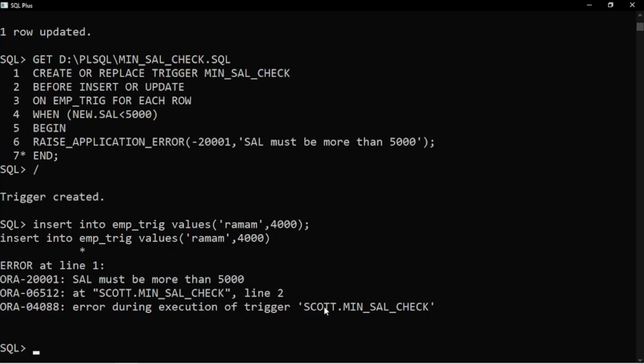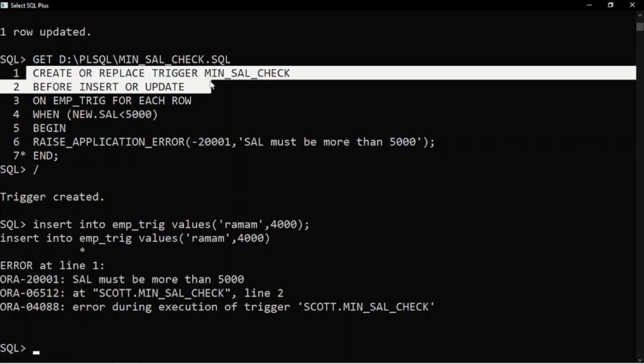Here, it is saying salary must be more than 5,000. And this is the name of the trigger which is fired. Error during execution of trigger, it is caught min sal. Means see it here, it is not letting us enter any salary which is less than 5,000. It's clear.